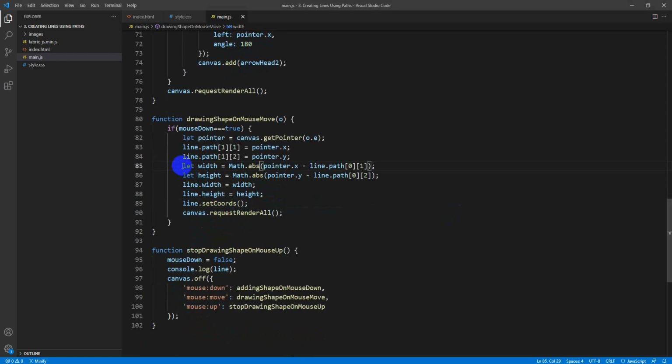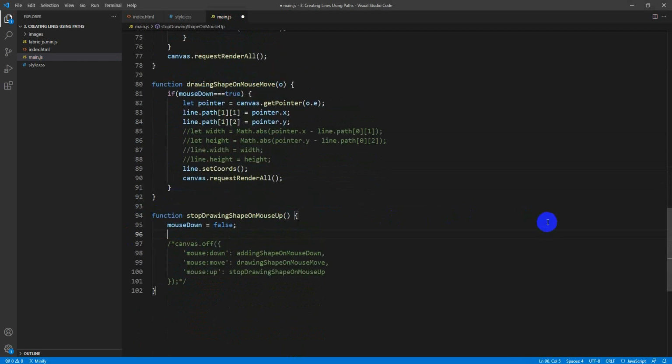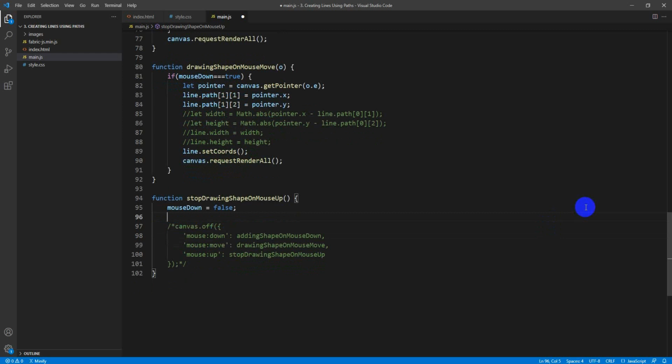So over here, let's comment all this out first. And for our mouse up event, what we want to do is remove the line and recreate that line. But before we remove the line, we have to get what that path is. So let updatedLinePath be equal to line.path. If I console.log this updated line path,